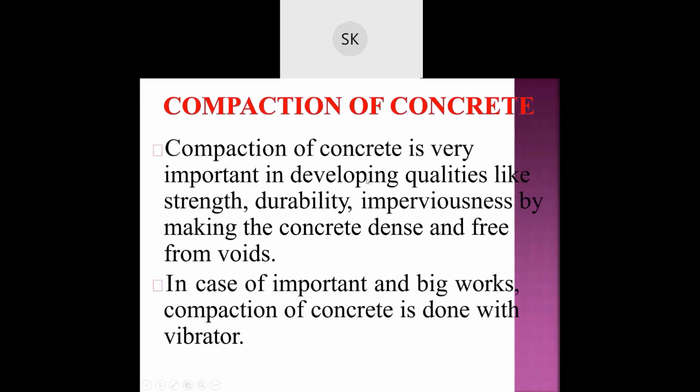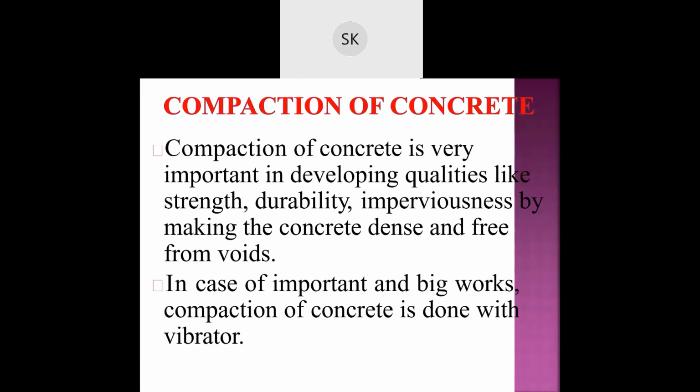Now, compaction of concrete. It is very important in developing qualities like strength, durability, imperviousness by making the concrete dense and free from voids. You may have seen in your house or nearby construction, before they cast the slab or concrete column, there is a machine called a vibrator.